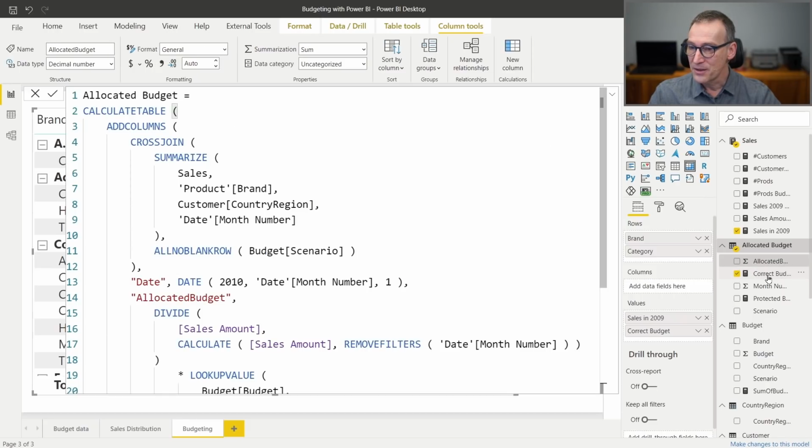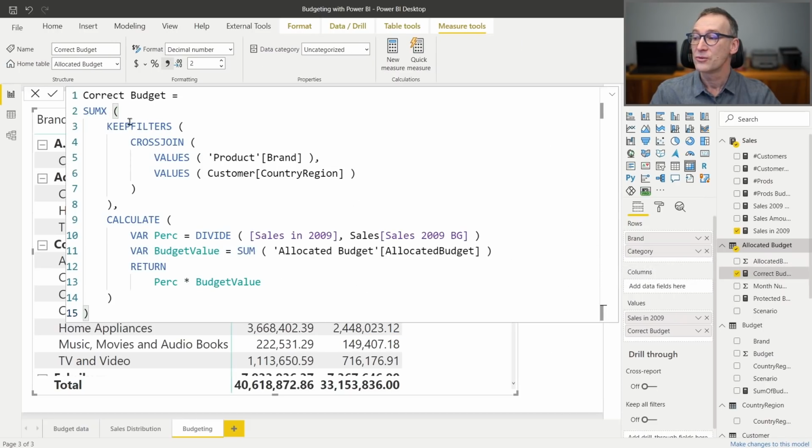Let's look again at the code of correct budget. You see that it's iterating over the cross-join of brand and country region to guarantee that the calculation happens at the correct granularity. And finally, it does the calculation using the percentage of the sales in 2009 against the previous year. Now, that was quite a long trip in order to write a complex expression, but the main goal was to show you how you can leverage DAX to compute values which are totally not trivial. And when it comes to budgeting, this is typically the first step, because then you can do further calculations on top of this